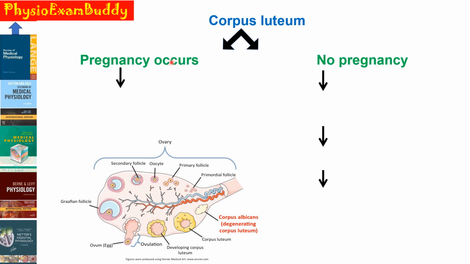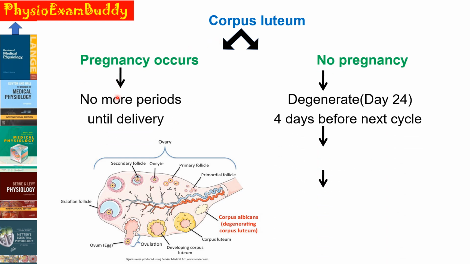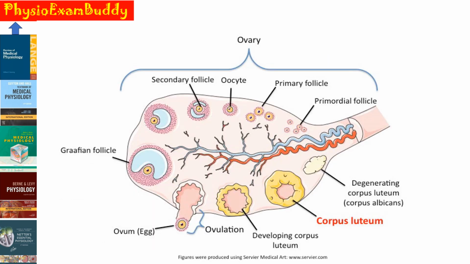If pregnancy occurs, there will be no more periods until delivery. But if there is no pregnancy, the corpus luteum will start to degenerate by day 24, that is 4 days before the next menstrual cycle. And the corpus luteum is converted into a scar tissue, which is known as the corpus albicans. So this is the developing corpus luteum, and finally the scar tissue, that is the corpus albicans, if there is